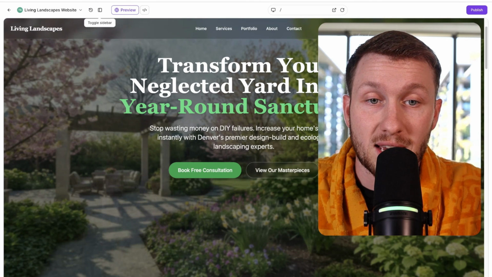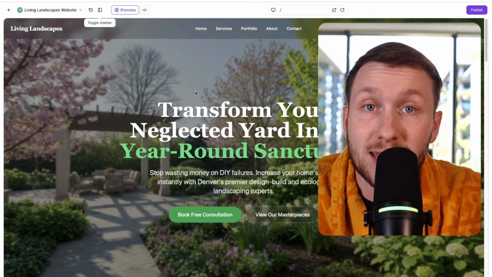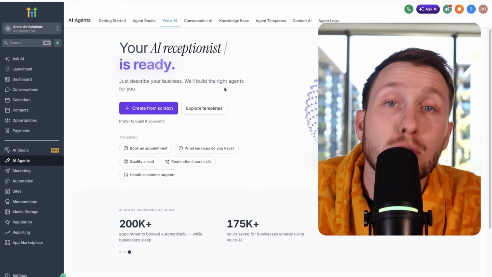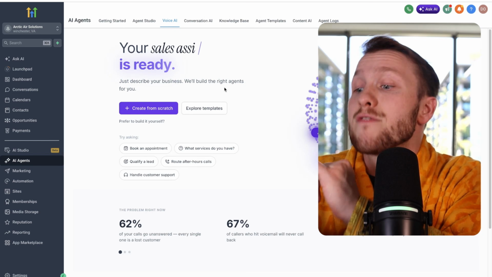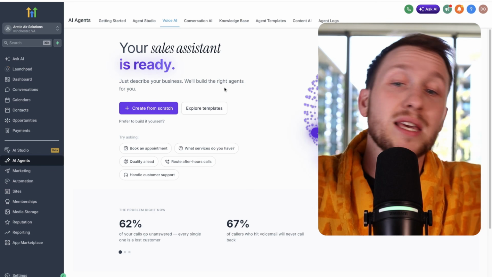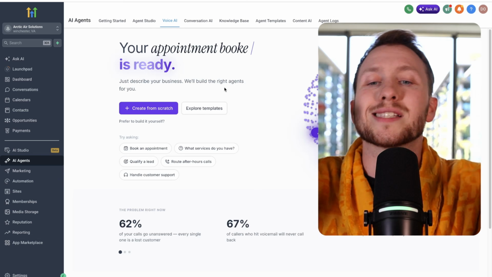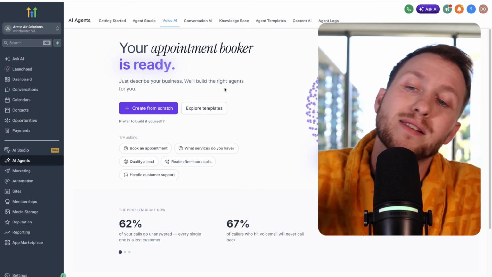Once you build them a website like this that's properly SEO optimized, they're going to get more leads. Guess what happens when they get more leads? Those leads need to be reached out to. Guess what happens when those leads get reached out to? They need to be followed up with. And then from there, they need to be upsold. And then they need to be asked for reviews. And it's just this whole cycle of things you can help them on